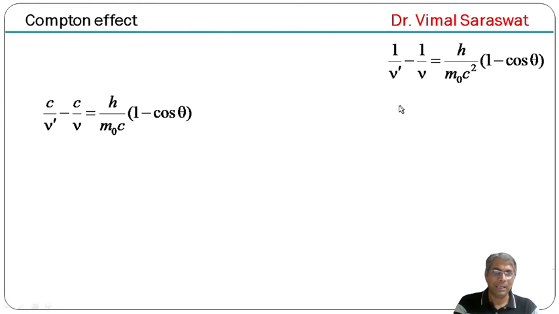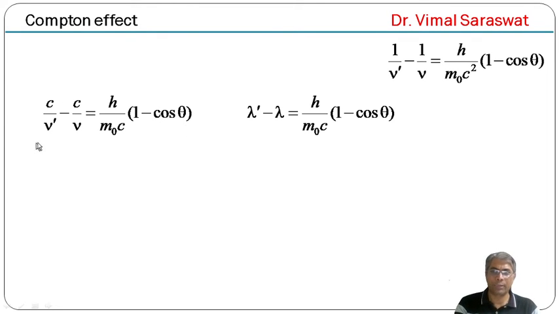And if we multiply this equation with c, then c upon nu dash minus c by nu is equal to ch upon m naught c square into 1 minus cos theta. So c and c will be cancelled out. So on the right hand side we get h upon m naught c into 1 minus cos theta,